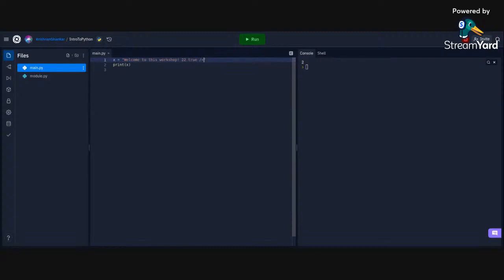You can put any sort of characters in here except for special characters. These special characters are things like backslash, which will obviously cause an error because I'm using it incorrectly. Another is a quotation mark within it. This will cause an error because the way Python recognizes a string is over is through the ending of a quotation mark. So if I have a quotation mark in the middle of a string, for example,